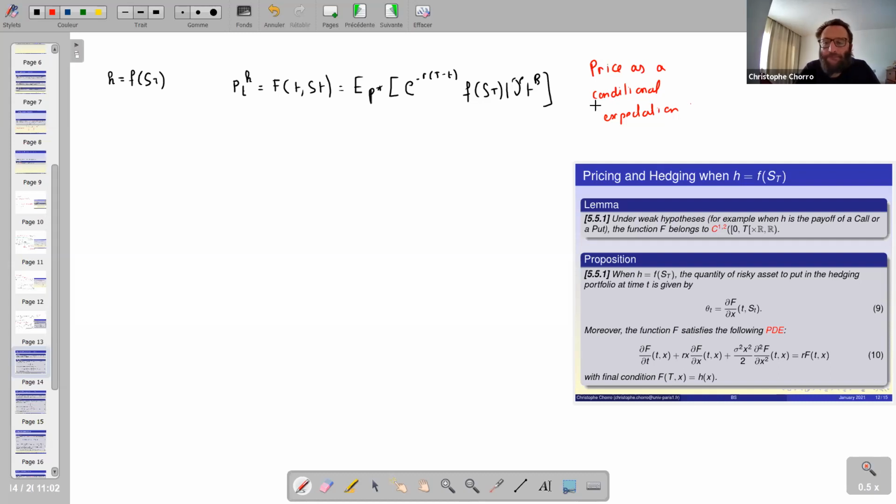And in particular, we know that we have tools in probability in order to approximate expectation or conditional expectation. So I can write it this way, maybe approximated by Monte Carlo methods. And why I can do this here? Keep in mind that